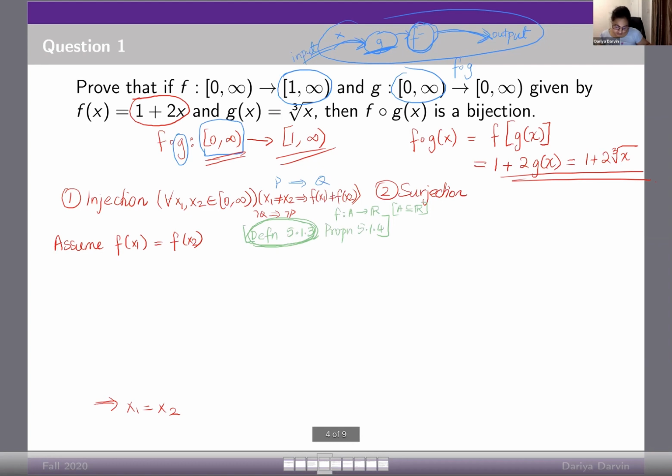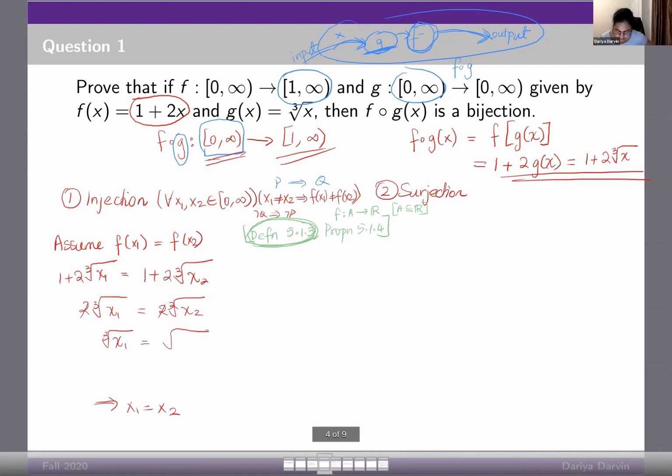question, let's do the contrapositive proof. So we are assuming the two outputs are the same. So that tells me 1 plus 2 cube root of x1 equals 1 plus 2 cube root of x2. This is just simple algebra. Hopefully it shouldn't be too bad. I'm just subtracting 1 from both sides. I'm canceling 2 on both sides. So I get cube root of x1